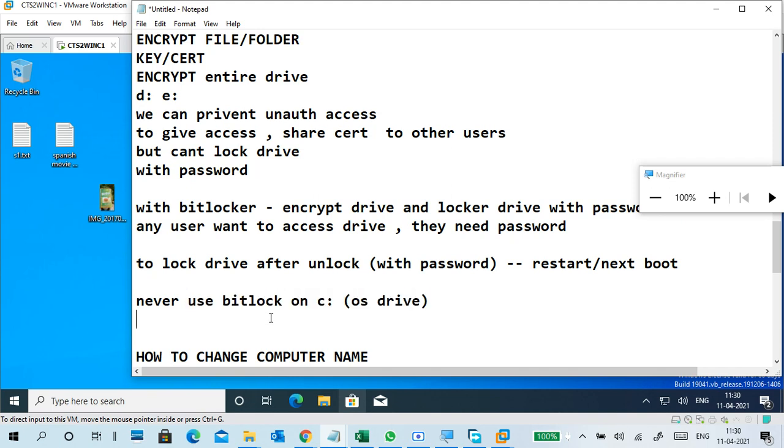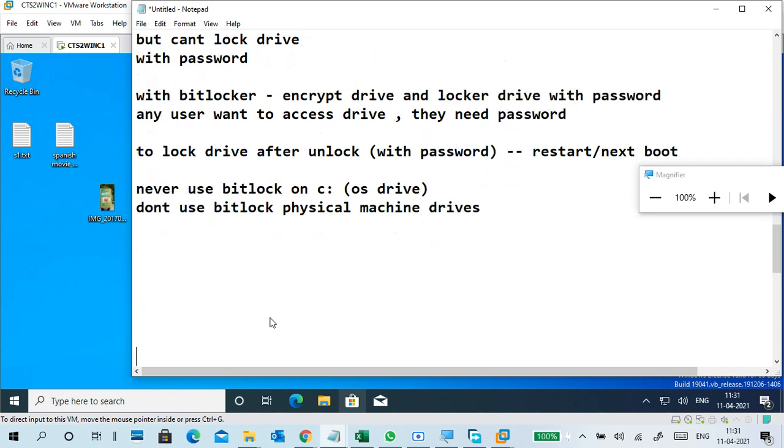But don't use BitLocker on the C drive, and don't use it in our session. Don't use BitLocker in your physical machine without knowing about it and without saving the keys. Don't use BitLocker on physical machine drives.